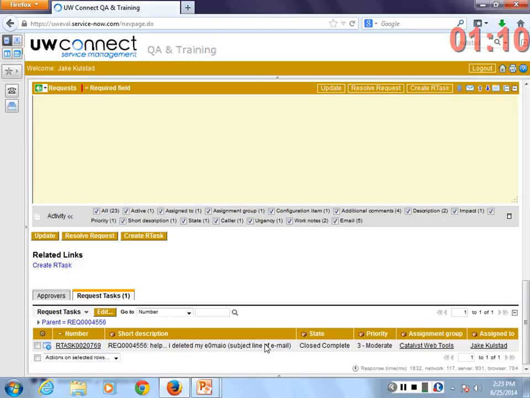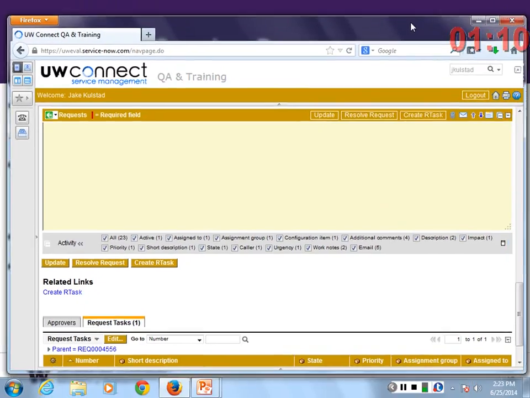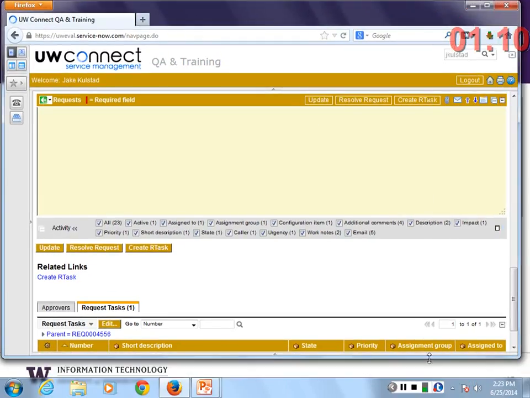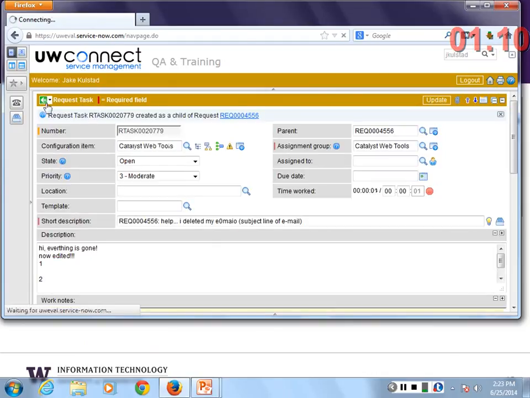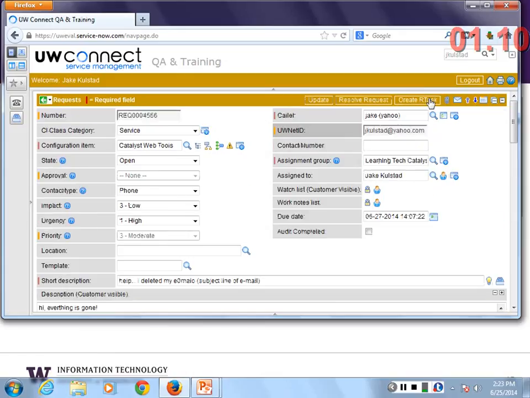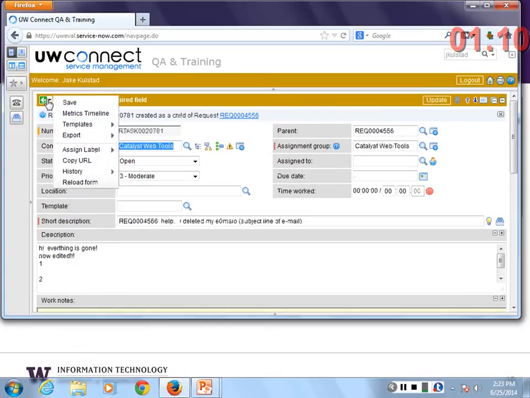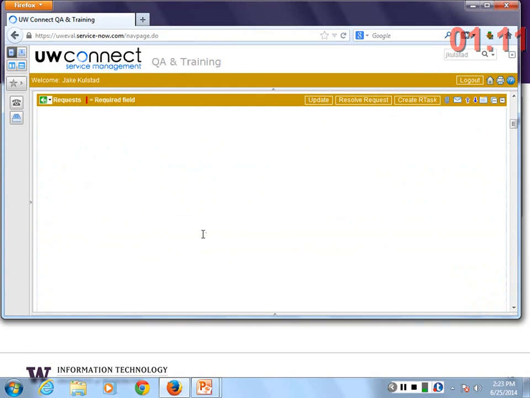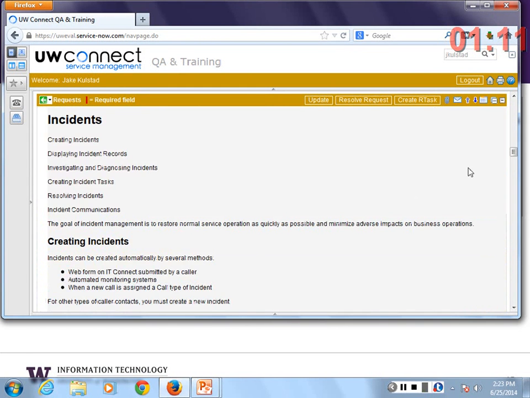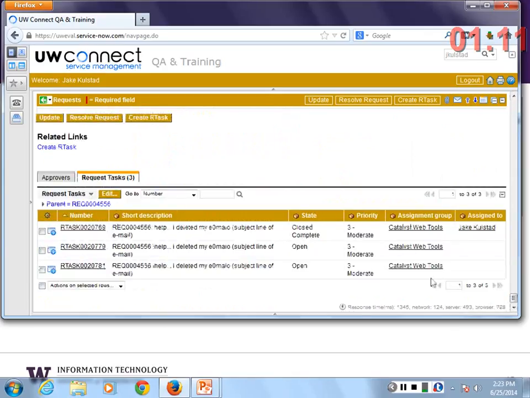That make sense? I'm going to do a little exercise for you here. I'll ask you to follow along. It's mainly just for fun. I can click on Create R Task and go back. Create R Task and go back. I've just created 2 tasks. I don't have to save them or anything like that. I literally created them. If you were to go to the bottom of my request, you'll notice that I have